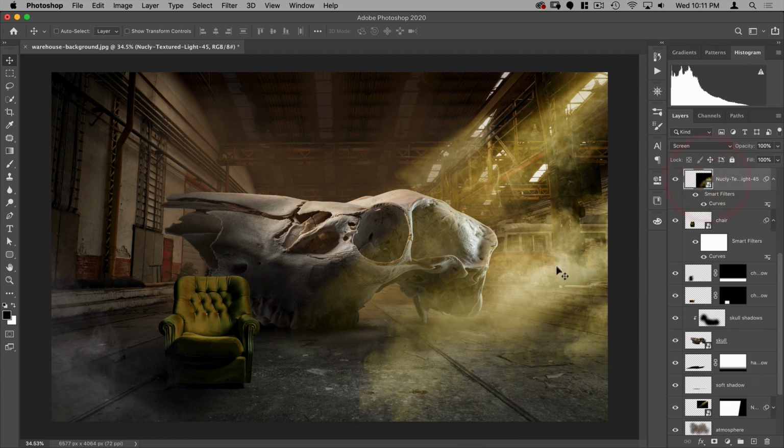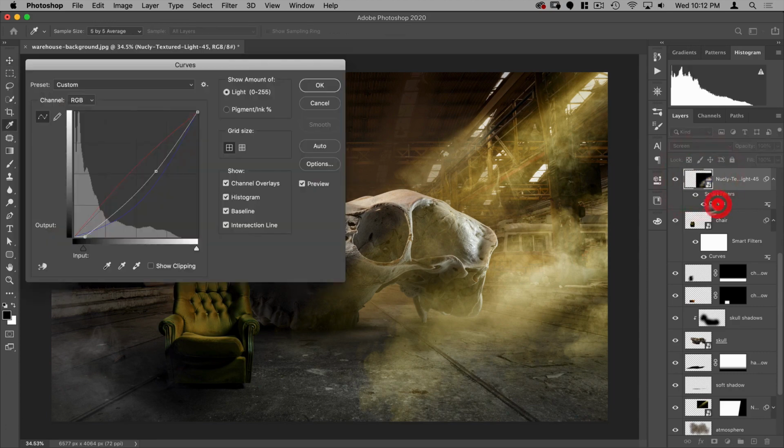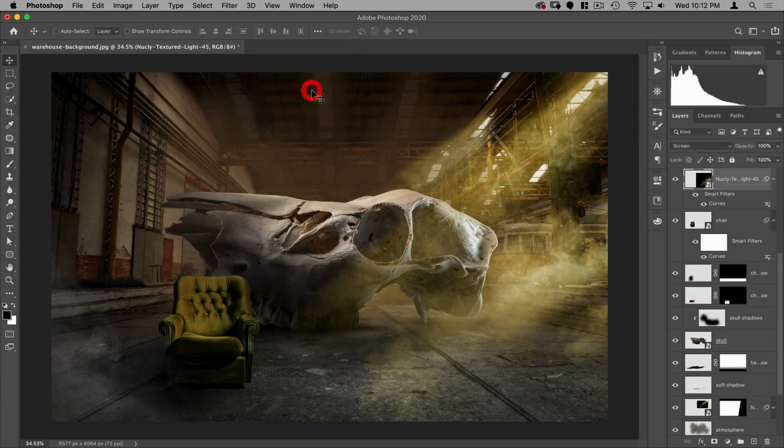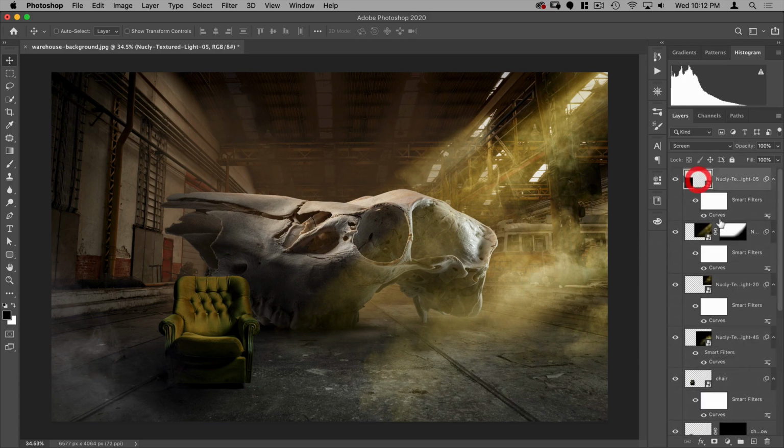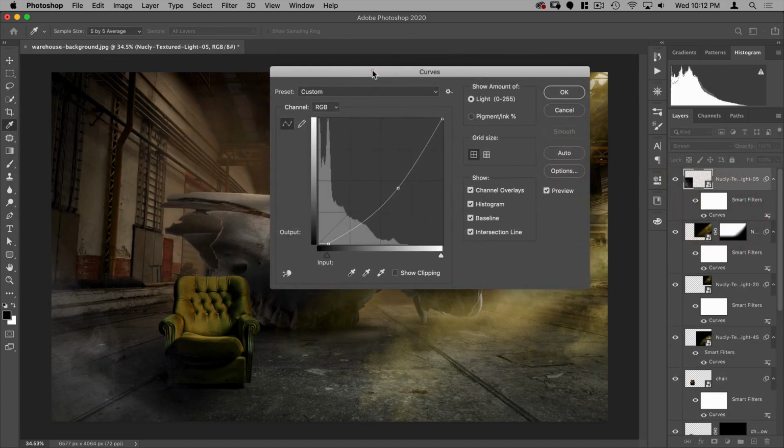Now this one here in our foreground is a little too strong, so I'm going to go in that curve and just adjust it a little bit darker. Something like that. Let's hit OK. All right, next thing I want to do is add in a bit of dust and smoke. Oh, actually, before we do that, let's adjust the color of this one here as well. So let's go into that curve, add a bit of red and a bit of yellow, just like that.